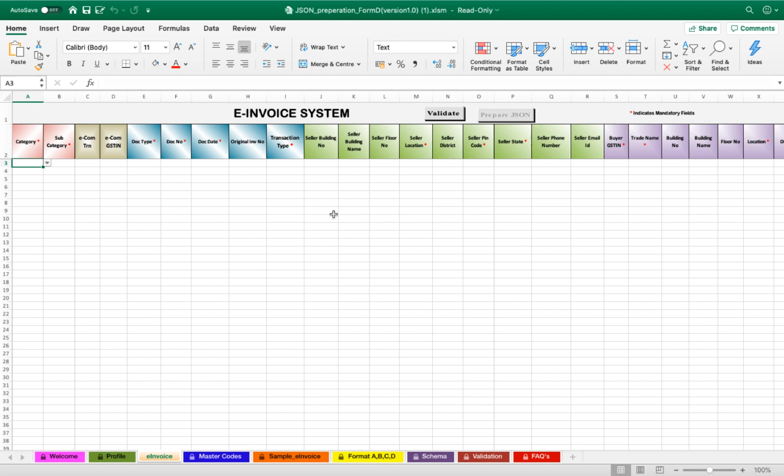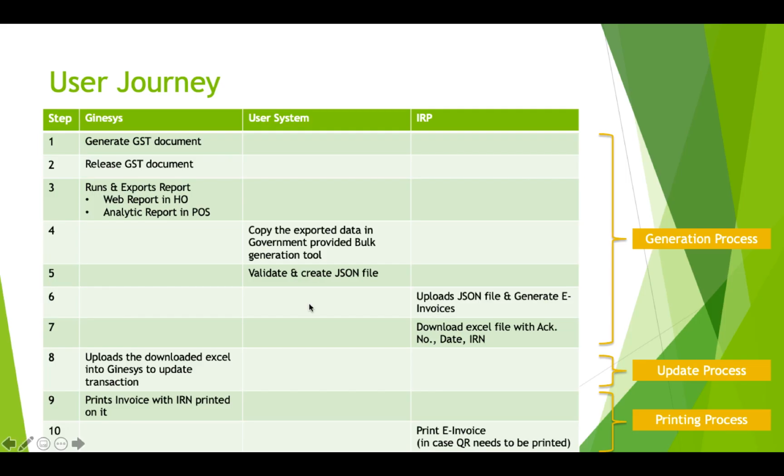You can download the same using the government e-invoice portal, that is the IRP portal. Once the JSON gets created, you can upload the JSON and generate e-invoices in the IRP portal itself. After generation of e-invoices, you will get the Excel file, which can be downloaded from the government portal, which will